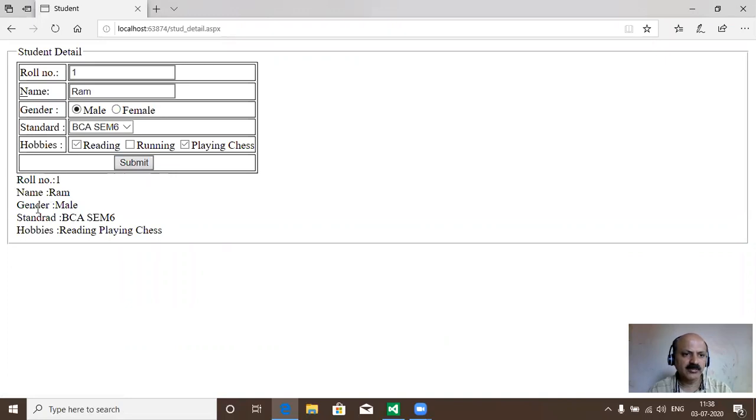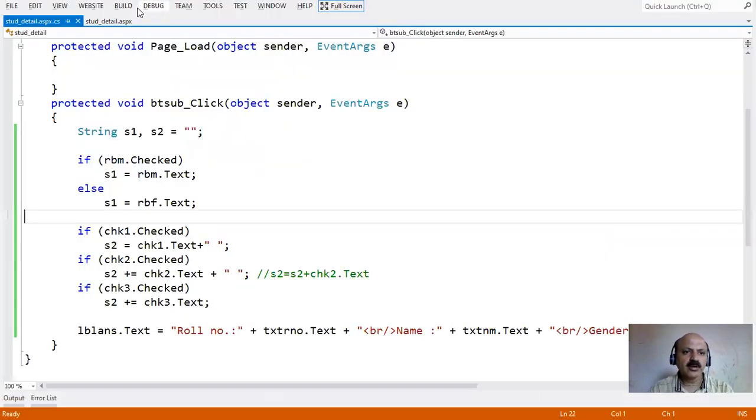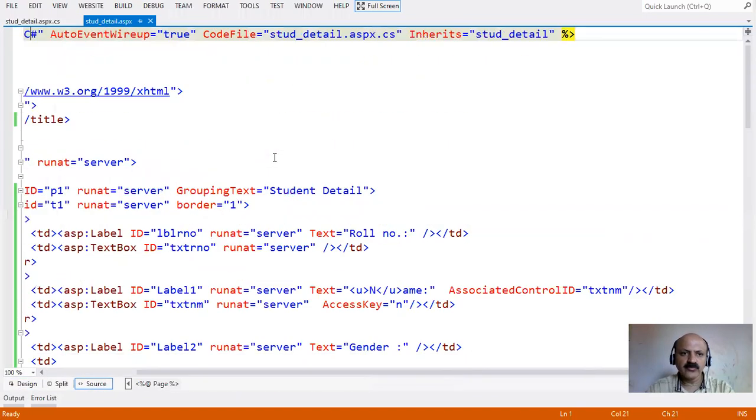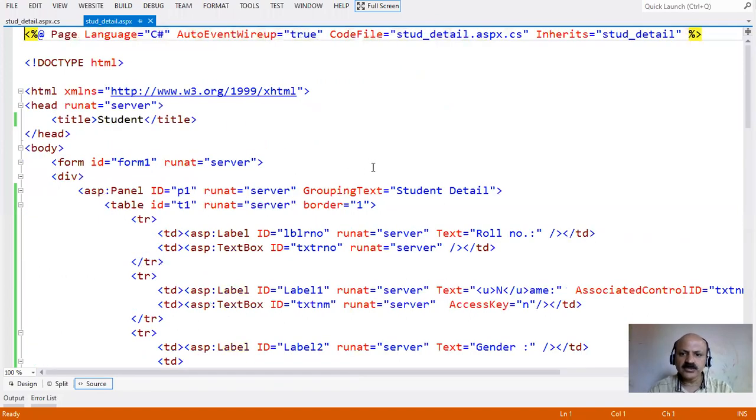Roll number, name, gender, BCS semester 6, reading and playing chess. At runtime, we check all three radio buttons and submit, and the output changes. Now we provide a background color and foreground color in the panel control to make it look better. Here the panel is there.